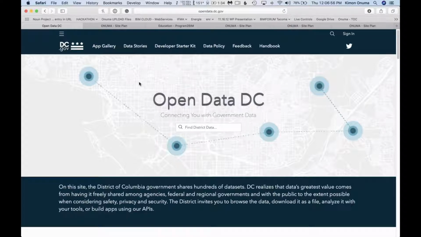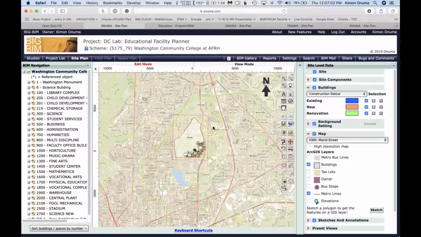So they had GIS data of site information, property lines, buildings. So here's a snapshot of it. What we did is we tried to connect it. We have our own system online. That's a building information modeling and GIS system. But our goal was, can we link to the DC government GIS? And that's what you're seeing in the background. It's a mashup. It's kind of a little subtle here, but you can see the metro lines coming on and off. Those metro lines are coming from the DC government GIS server in real time.